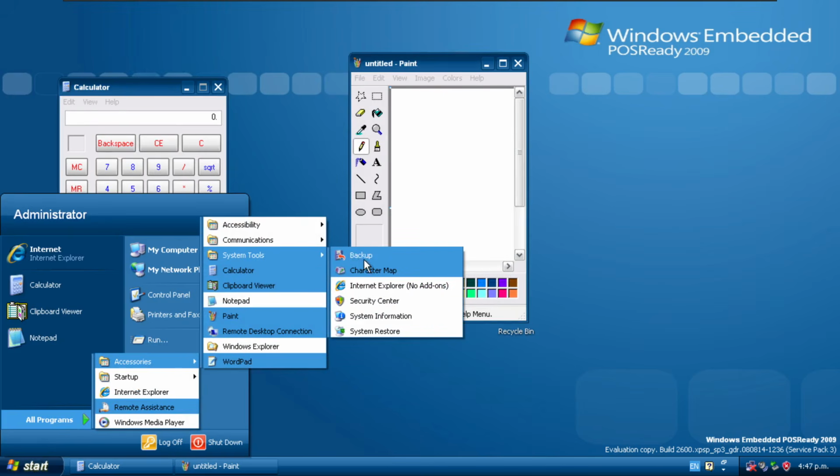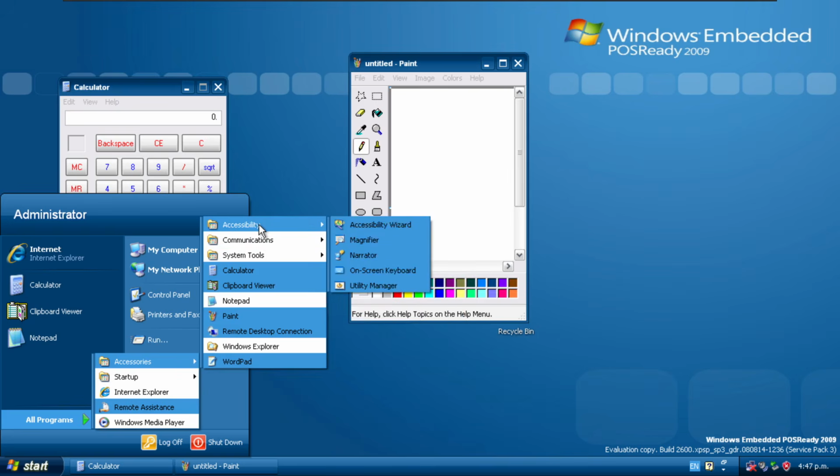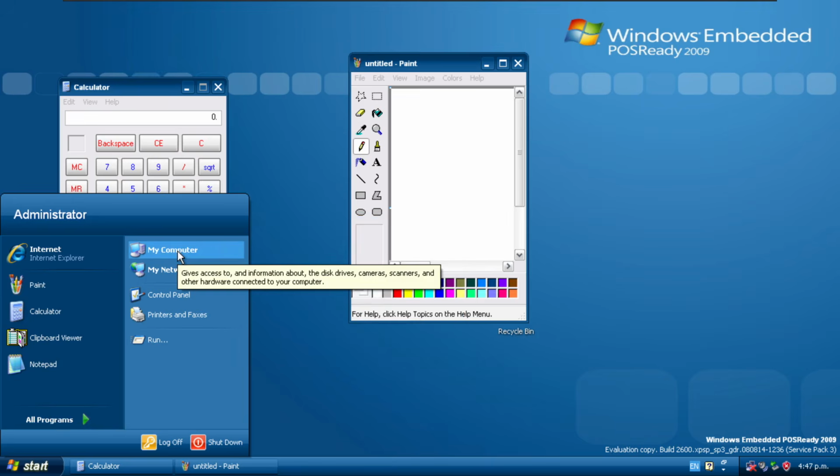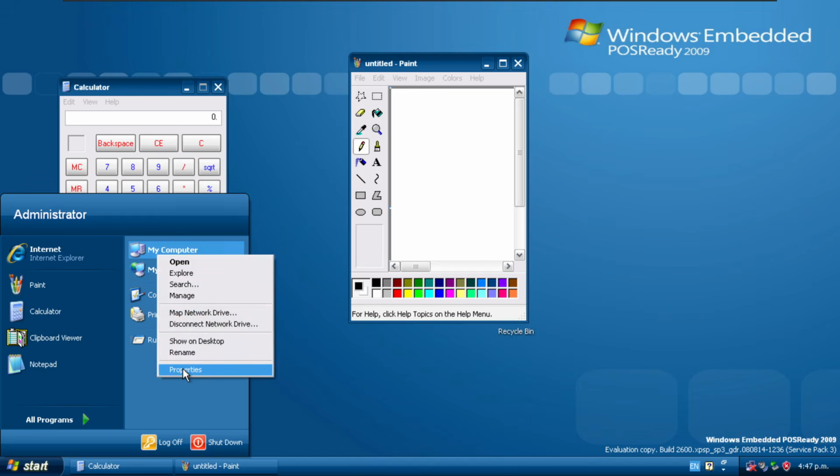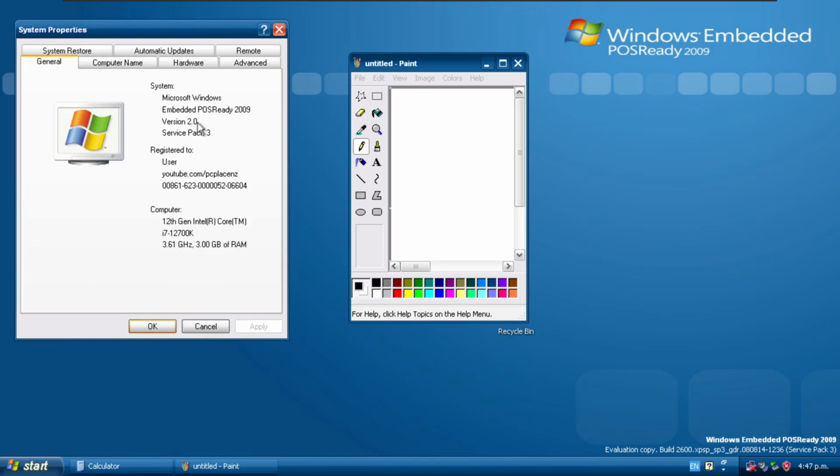And we have pretty much the same sort of stuff as Windows XP, but just a lot less of it. We don't really have anything going on here. Now you'll notice my computer's been moved up because there's no help and support or anything like that to fill in this space. So if we go properties, we can see we are on Embedded POS Ready 2009 version 2